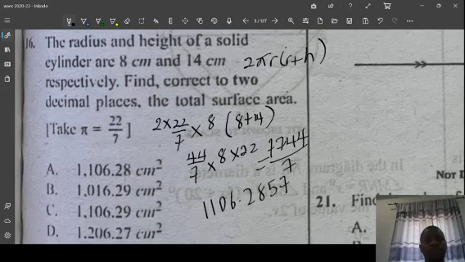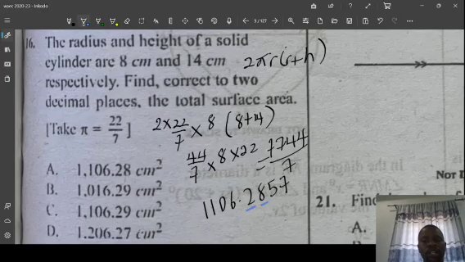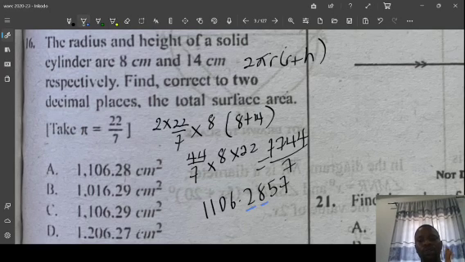1106.2857. I'm told to find correct to two decimal places. So what is the first decimal place? It is the first number after the decimal point. What is the second one? It's here. Now, for me to stop at two decimal places, I will look at the third number,